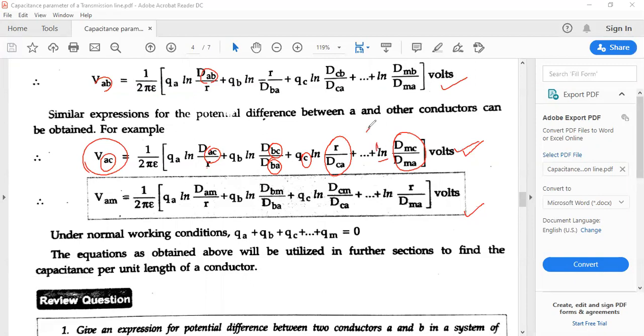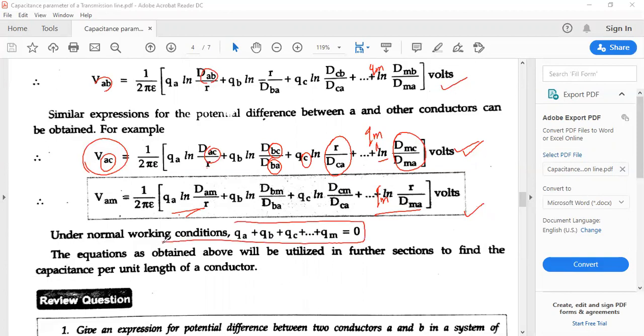There is one more term which is missing, which is QM, so here it is also left out. With the associated charge you have a logarithmic term. VAM on the whole you can write like this. In the first expression and the last expression, you are missing the QM. Just make a note of it.